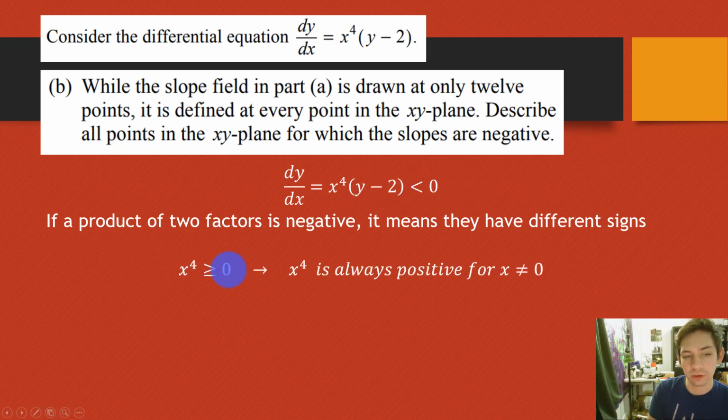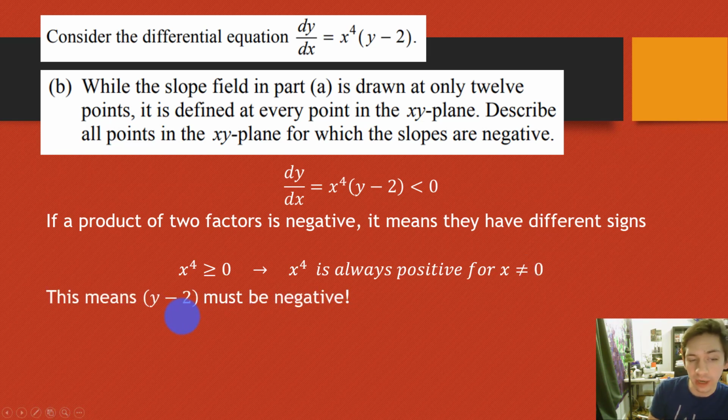And x to the fourth is always greater than or equal to 0, and it's always positive if we say that x is not allowed to be 0. If it's not 0, then it's always going to be positive. That means y minus 2 has to be negative. So if we say y minus 2 is less than 0,